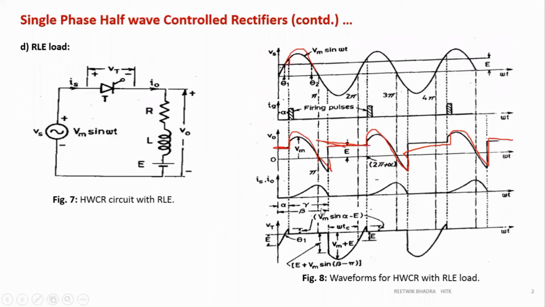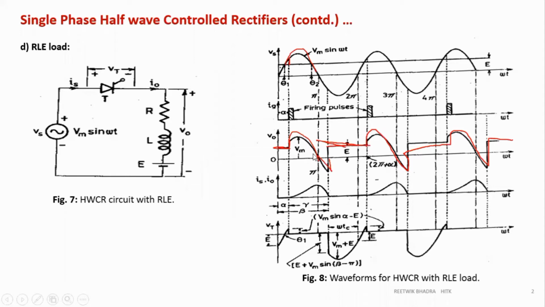So over here you see the total angle is taken as beta. As I have told you, the end point I take as beta. They have followed the same method over here. From this first bold line to this dotted line is your alpha, the firing angle, and the gap between alpha and beta is your gamma. Whichever you want to take, you don't have to show gamma. Alpha and beta is okay, not a problem. You should understand how the waveform comes.